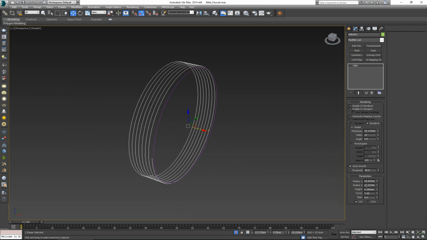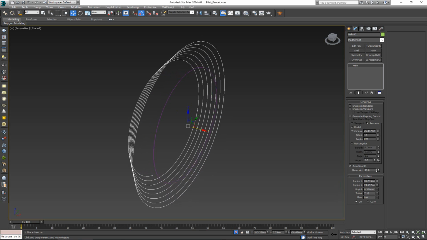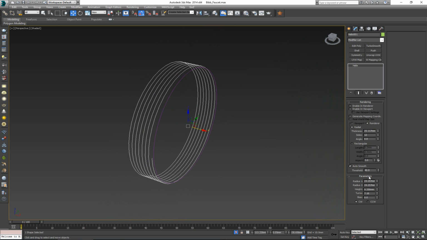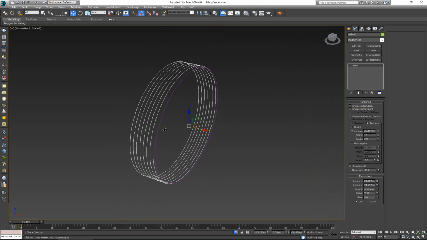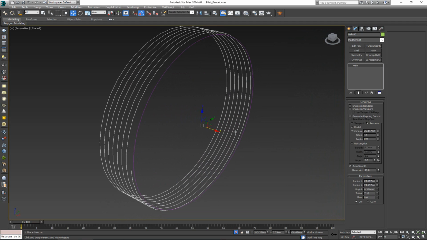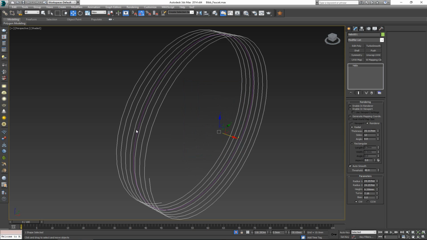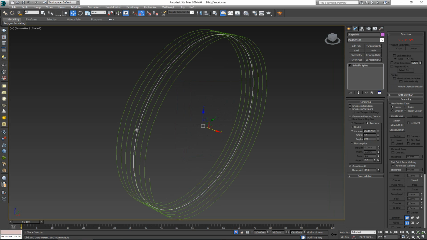If you do have a different radius, then your helix is going to be either expanding or collapsing inwards. So make sure you have those two radiuses at the same size. And now if I really want to align both of these together, I can click on the align tool or Alt A, align it with both of their centers, and click OK. Now I can delete my initial line